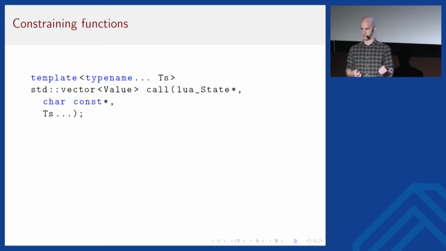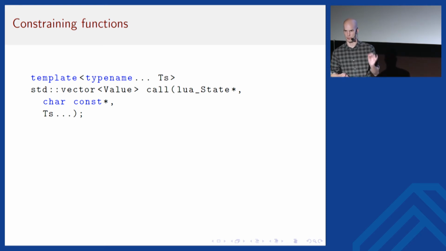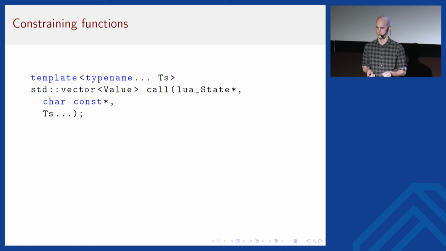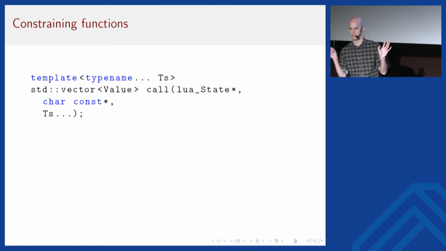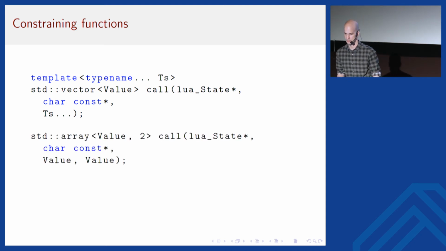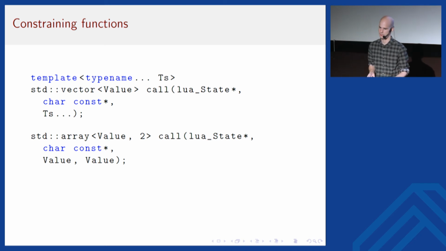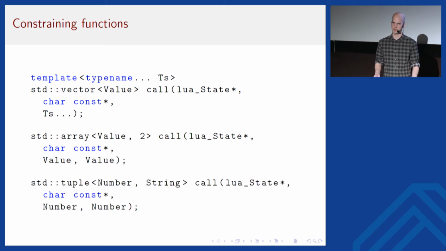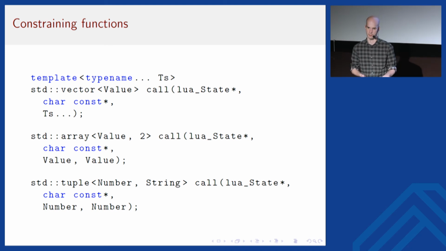So notice that this call function has the most general syntax that you can think about. Just an arbitrary number of arbitrary return values and an arbitrary number of arbitrary parameters. Usually I want to restrict this as much as possible. So for example, if I know the number of arguments, I could choose a signature like this. If I know also the types of the arguments, then I would restrict it even further.